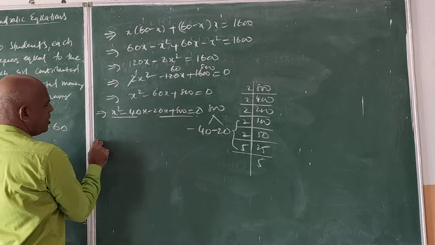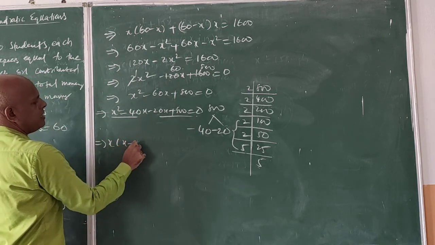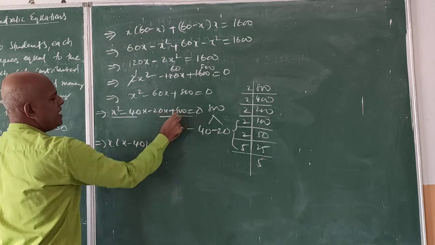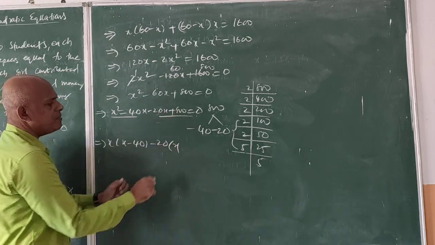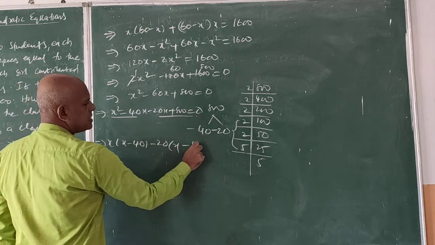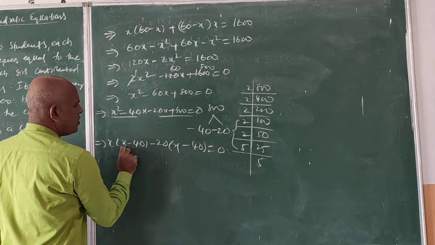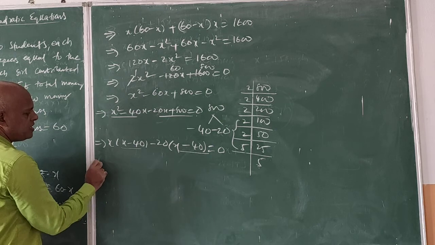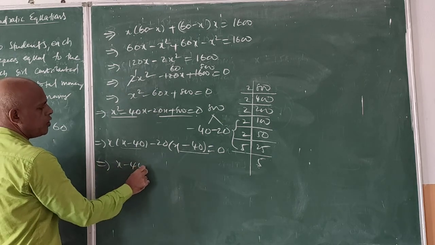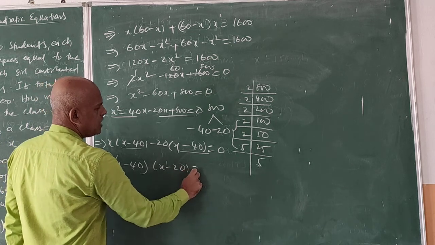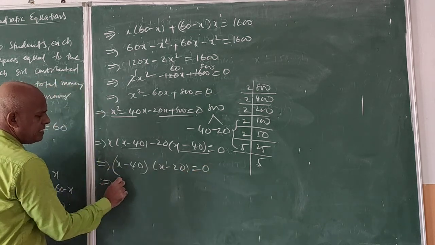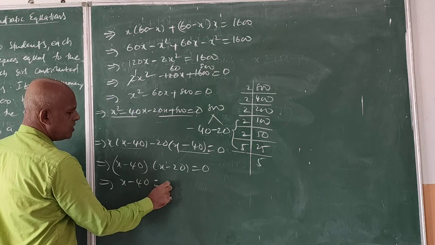In this one and in this one we will take common here. X common, x minus 40. In this both, minus 20 common. What remains here? X, because minus taken common, plus becomes minus 20 40s. So whenever we take common, we have to get the same term here: x minus 40, x minus 40. In this both we will take x minus 40 as common. So x minus 20. X minus 20 is equal to 0, which implies x minus 40 is equal to 0